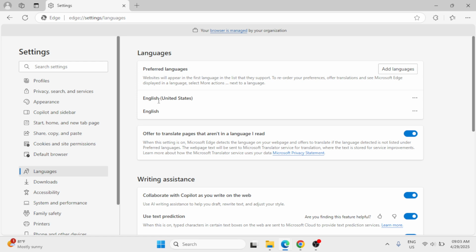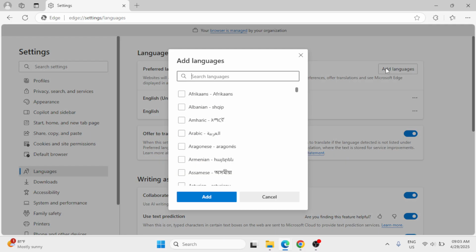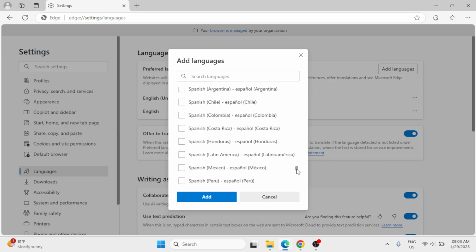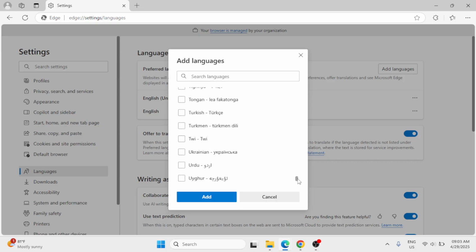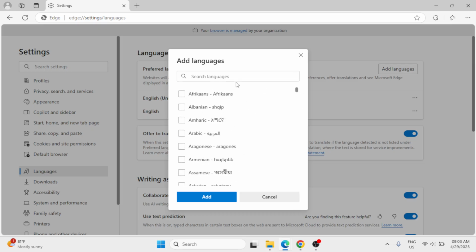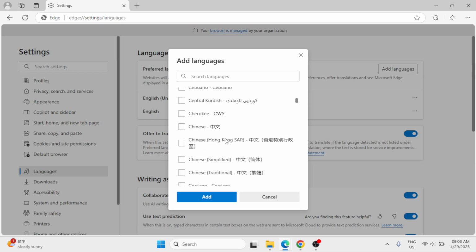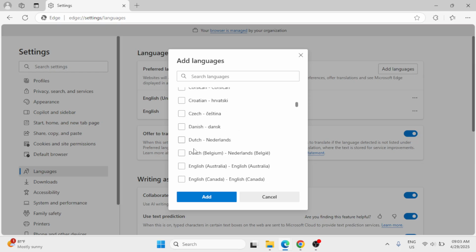In order to change the language of your Microsoft Edge browser, that is the display language, just simply click on add languages. And here you can simply search for your language of preference or for the language that you can clearly understand. It's up to you, and let me just show you. Let's say for example I'm going to change this into Dutch Netherlands. So I'm just going to click on this box, the same thing for the language that you have chosen,